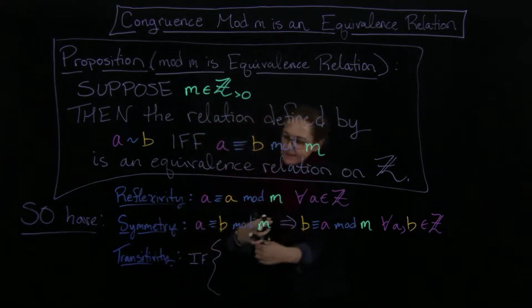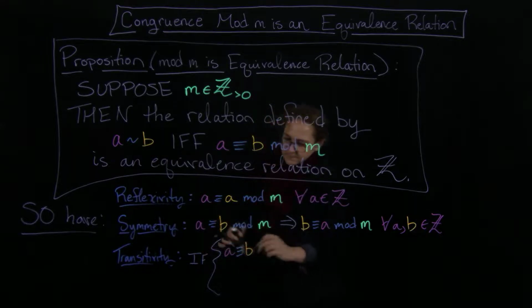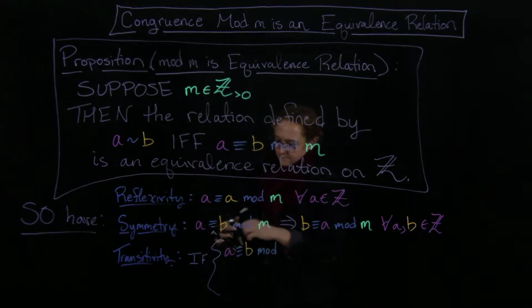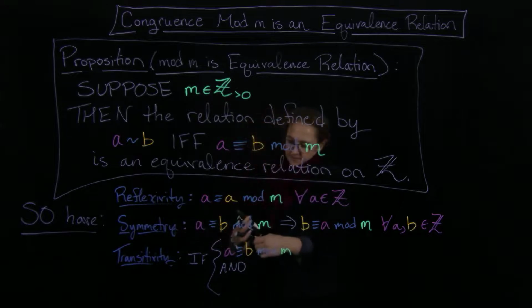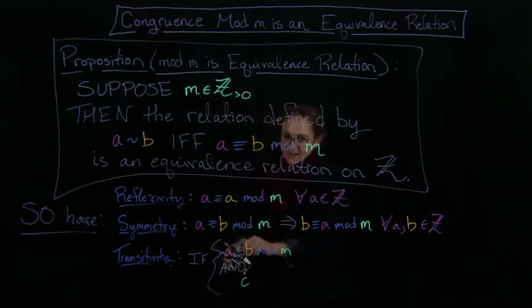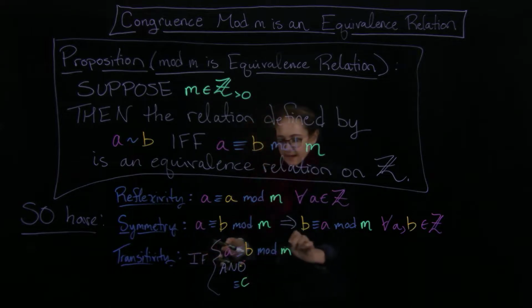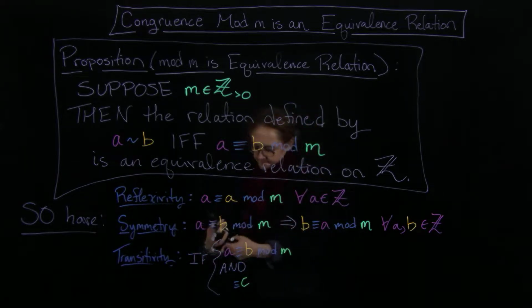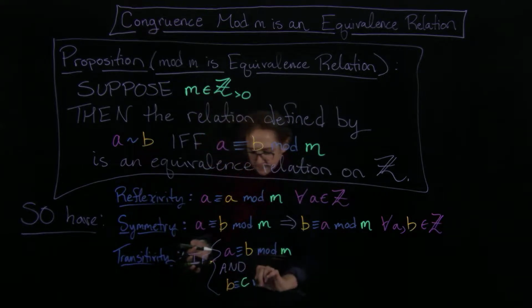If I have that A is congruent to B mod m, and I have that B is congruent to C mod m,